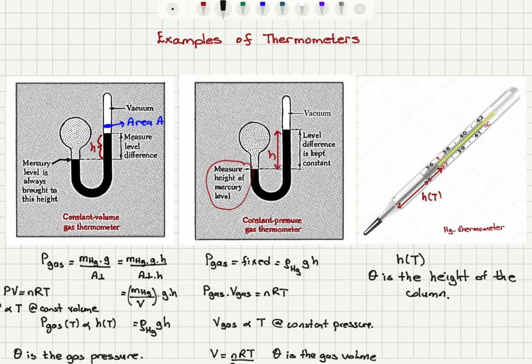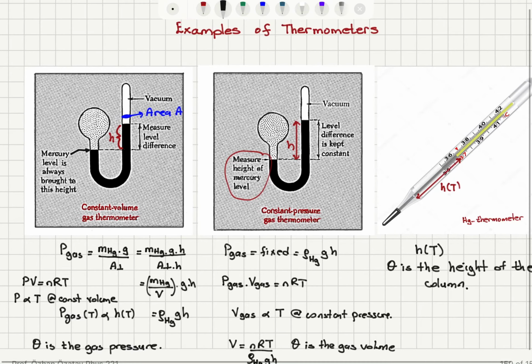For a constant volume gas thermometer, it's the pressure that varies with temperature, which can be detected by changes in the height of the mercury level on the right hand side. For a constant pressure gas thermometer, it's the volume of the gas that changes with temperature, which is given by the ideal gas law here. And we can detect the temperature changes by measuring the height of the mercury level on the side where the gas is